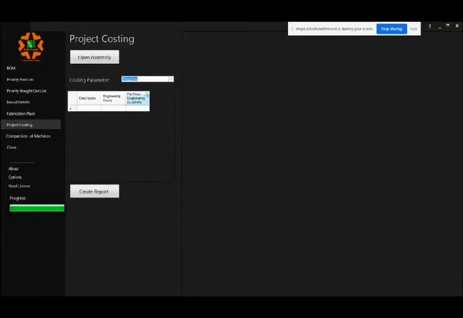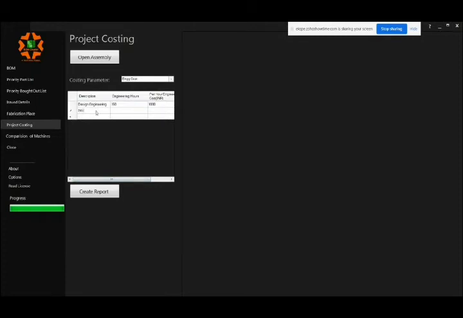Next is the engineering. Engineering is nothing but, for every project we need to do some kind of design engineering, right? So let's say it's a 150 hours job for me, and every design engineer has their own head charges, head cost, right? So I can just quickly put, say, 1,000 rupees per hour is my engineering cost for the design engineering hours.